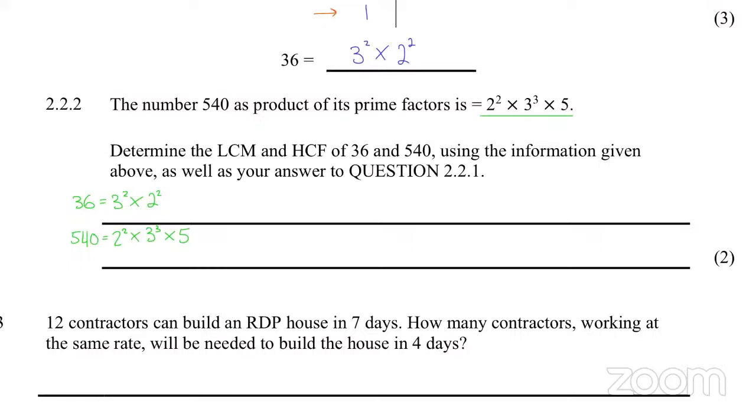They want us to determine the LCM and HCF of 36 and 540 using the information given above, as well as your answer to question 2.2.1. So we don't have to do the ladder method again for 36 and 540. We can just utilize the exponential form to solve for HCF. So now if we recall,